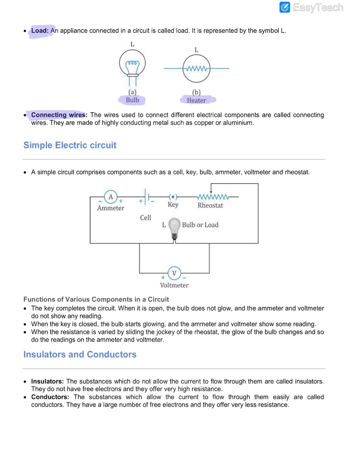So once again guys, very, very important circuit diagram. You have to learn to draw this. You can draw the bulb like the load shown out here. You don't need to draw this artistic bulb. You can simply draw this symbol of a bulb. Or if they don't ask for a bulb, you can just draw a heater also. It's okay. But why do we prefer to draw a bulb? Because usually in your labs we use a bulb, because a bulb will glow and hence you can make out whether the circuit is open or closed. You can see it. In a heater you'll have to touch it and you may burn yourself. That's why. And also what we discussed already is out here again, insulators and conductors. You can read this.